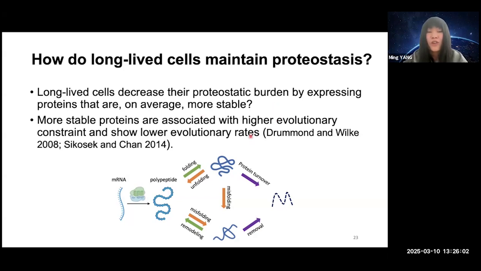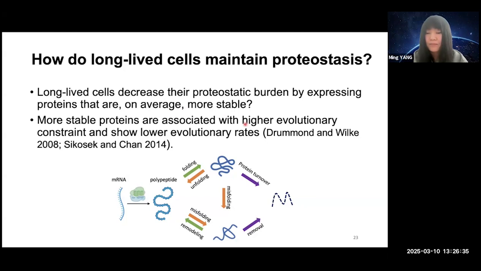But in previous studies from an evolutionary perspective, people have observed this pattern that more stable proteins are associated with higher evolutionary constraint and lower evolutionary rates. So instead of measuring protein stability, which is pretty troublesome and requires a lot of experimental work, we can use an evolutionary index to approximate protein stability and then check the relationship between cellular lifespan and the expressed genes'